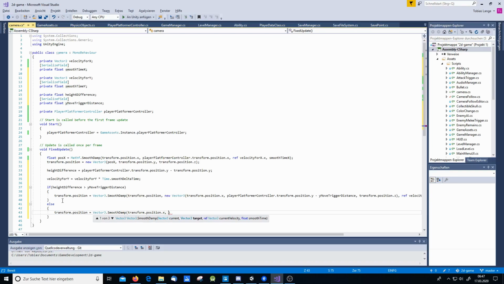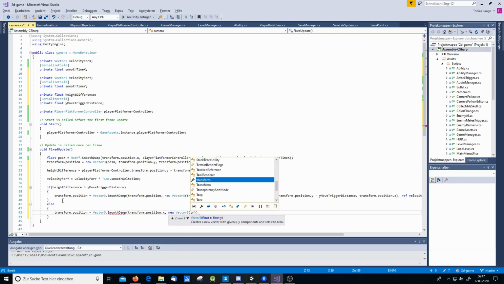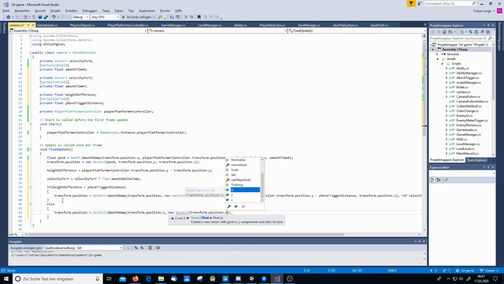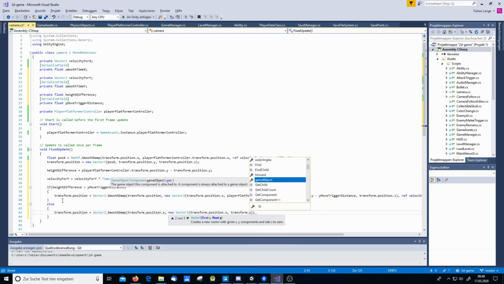And since in this case we're not going to adjust the y value, we're going to say new Vector3 transform.position.x. That's similar to the method before. And then we're going to use transform.position.y,